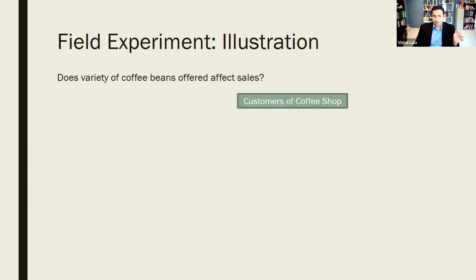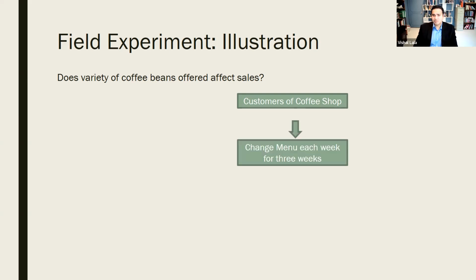Based on the structure, except now we can't draw a random sample, we'll just take customers of the coffee shop. So we'll look at all the customers in the coffee shop, and when people come in, depending on which week they come in, they'll see a different menu. So our random assignment is happening based on 3 weeks. We're assigning week 1 as our group 1, week 2 group 2, week 3 group 3. The underlying assumption here is that people coming to the coffee shop are fairly similar across the 3 weeks. They're no different. It might be a bit of a stretch, but that's what we've got to do in a